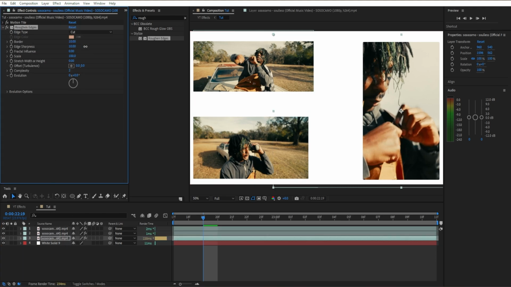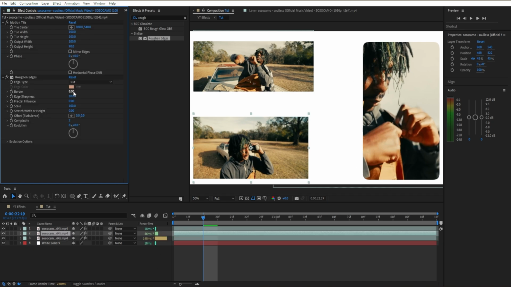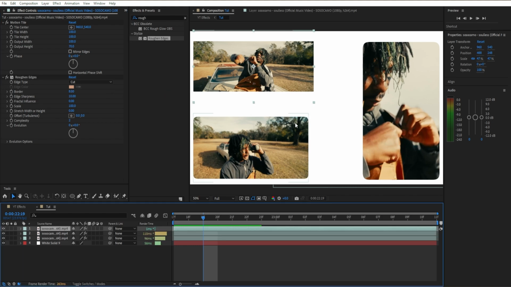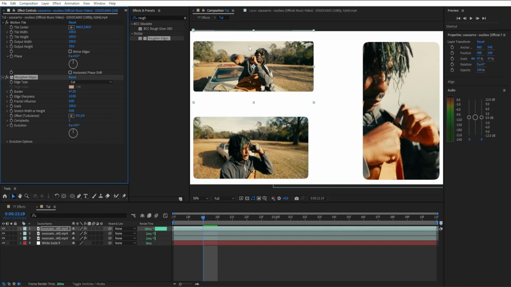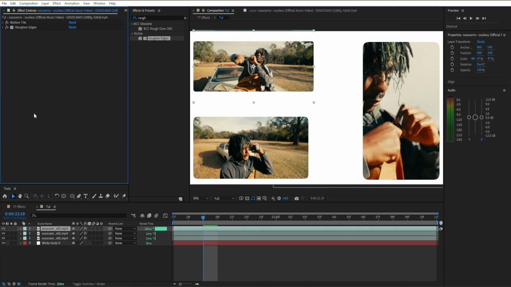And we're going to increase our border right here. So you can see right here how our clip is getting this nice border effect. So I'm going to add this to each and every clip we have right here. We're just going to add this nice rounded corners effect. So once we add the rounded corners effect to all of our videos, once after that,